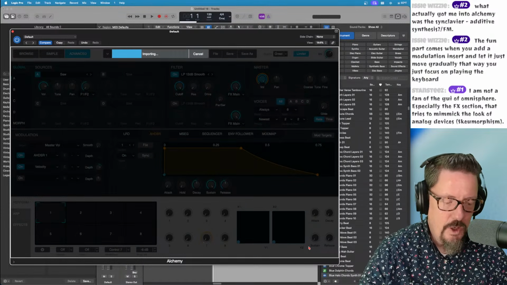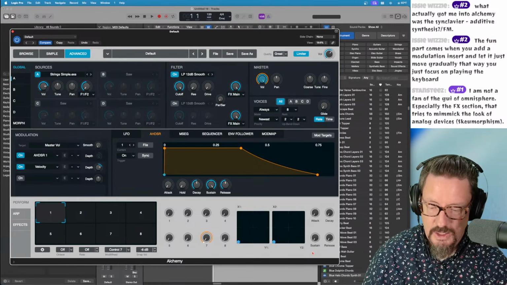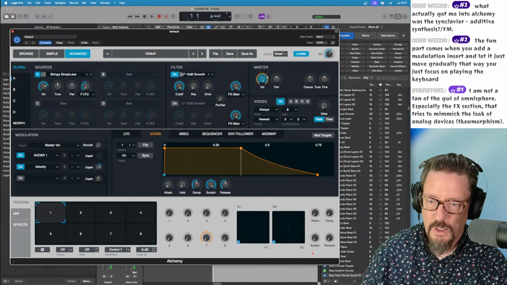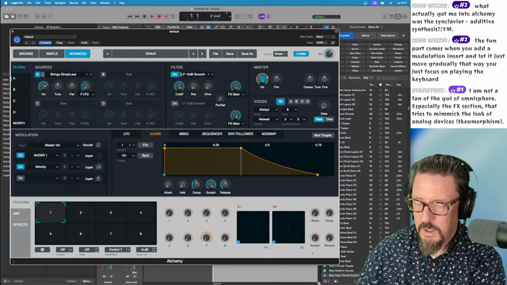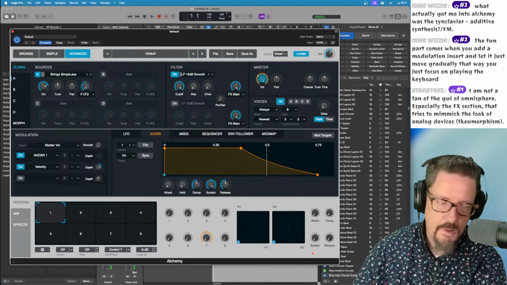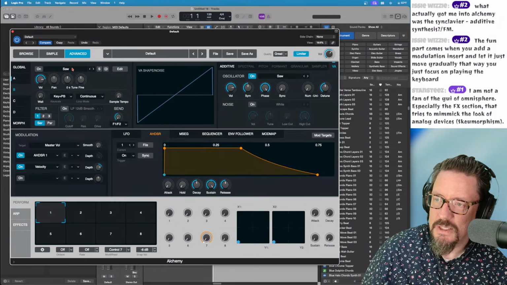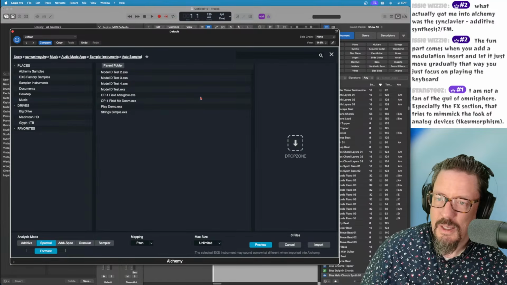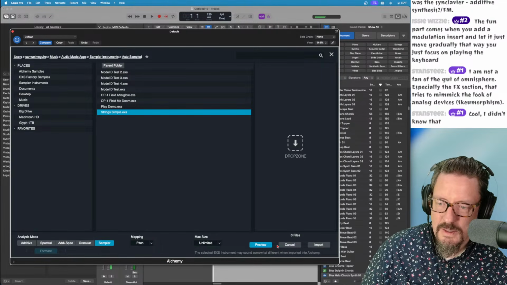Yeah. So again, I could do this as a sampler instrument. I could do this as a granular. So there's that one. That was the granular one. Let me bring this into the B bank, with sampler as our choice.